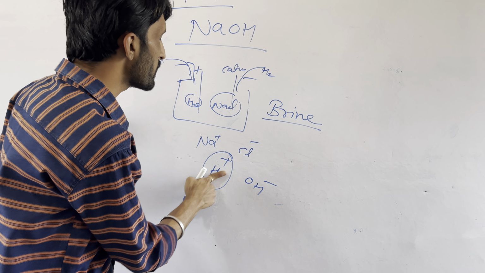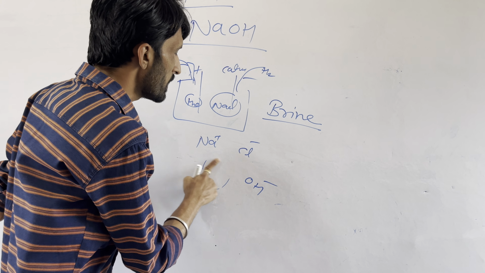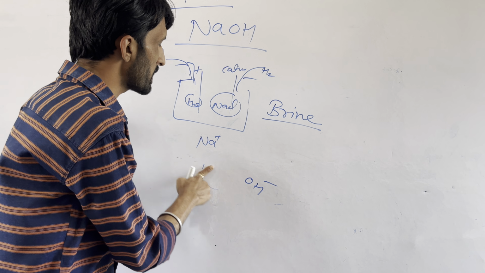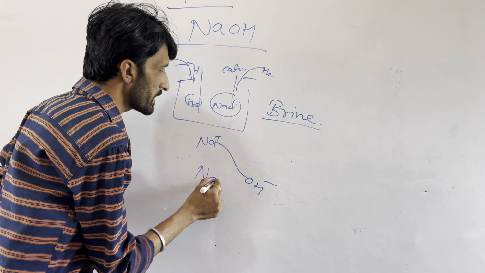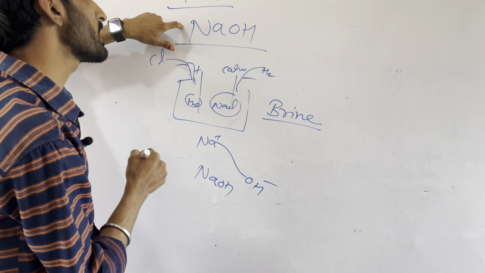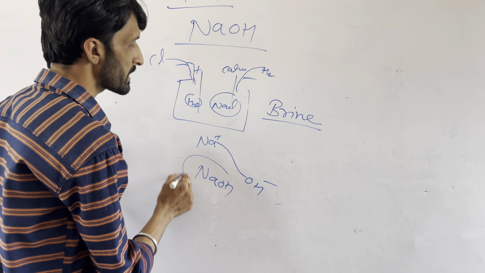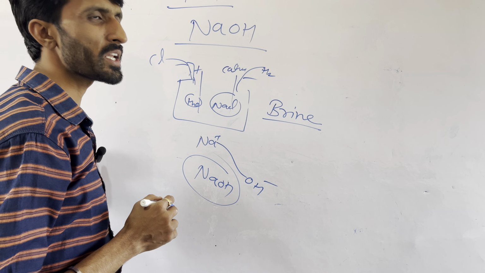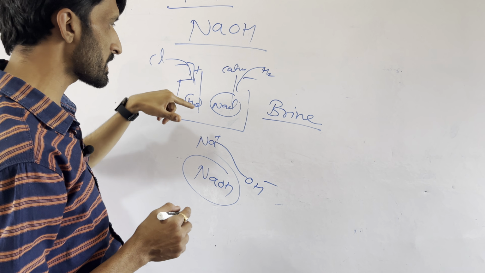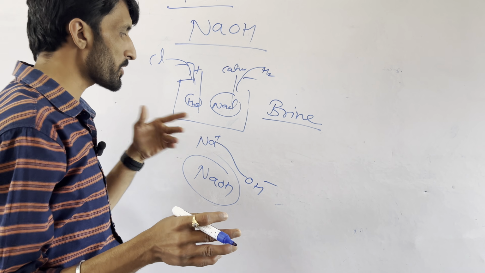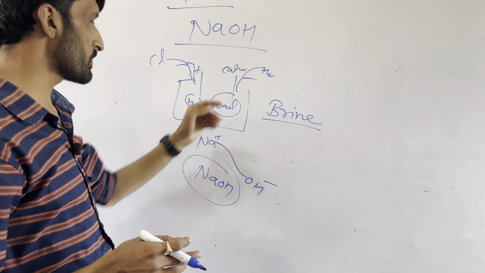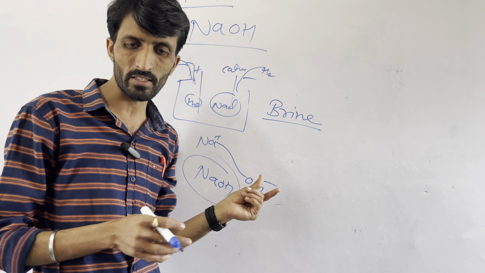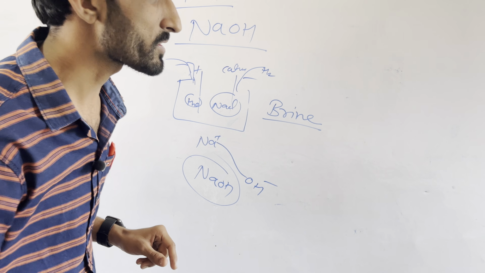So if the hydrogen went from there and chlorine also went from there, what is left over here? Na and OH. So we are getting NaOH. We want NaOH. So sodium hydroxide we are getting from the chloralkali process. Very easy. After supplying the electricity, you break down this one. After breaking, we are getting the hydrogen gas and chlorine gas. We are left with Na and OH. That is the sodium hydroxide.